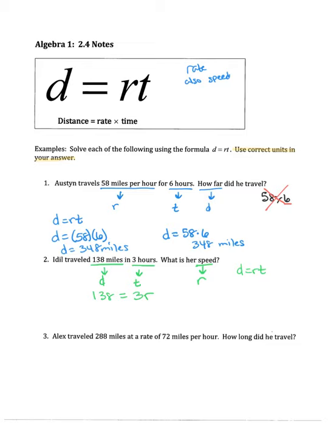I've got to solve for R. This is now a one-step equation. I need the R by itself, so I have to undo the multiplication, which means I have to divide. So 46 equals R. Her speed is 46 miles per hour. I'm going to square my answers. There we go. All right, so how do you feel